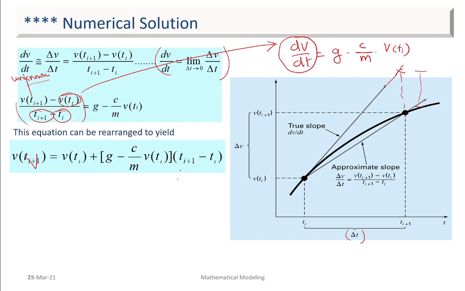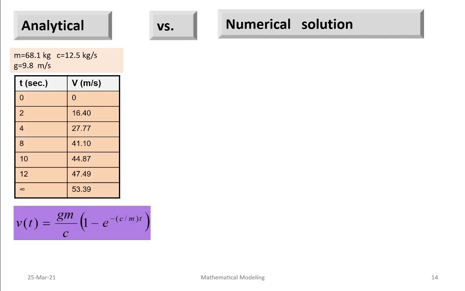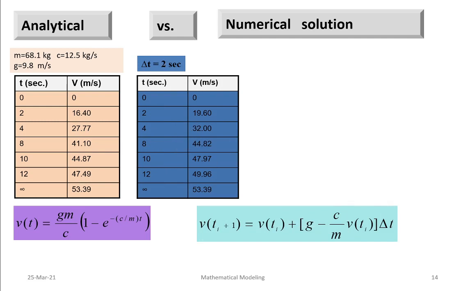The similar kind of difference equation you have solved for the Laplace equation and so many other cases. Okay. So now you can just look into this. I will now take 2 seconds of time difference. At time t equal to 0, my value will be 0, at 2 it is equal to this, at 3, 4 it is equal to this, and going on to infinity, I will get this. I can go on doing this. What is the delta t here? 2 seconds. Okay, but compare this with the analytical solution.